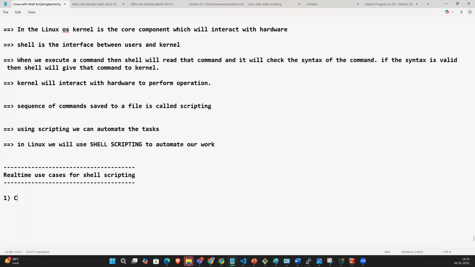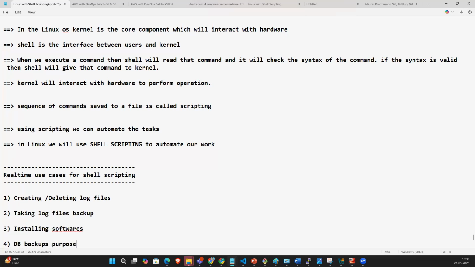One is creating or deleting log files. Okay. Second one is taking log files backup, and the third one is installing softwares. So fourth one is DB backups purpose also used the shell